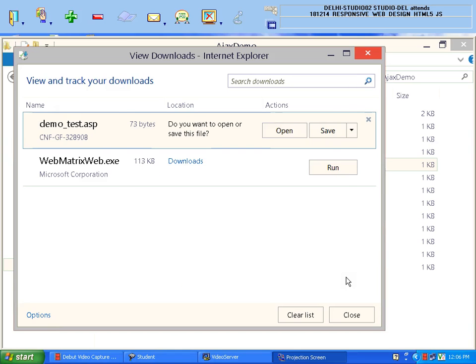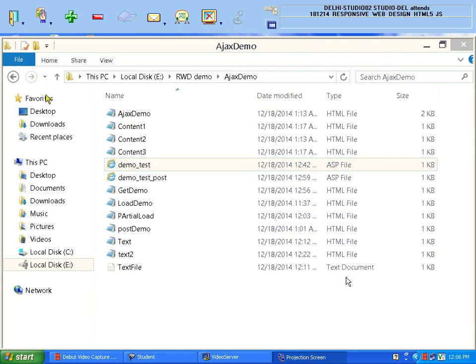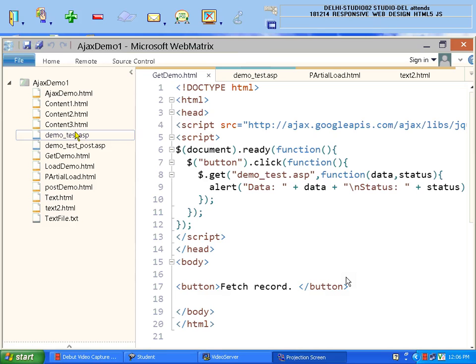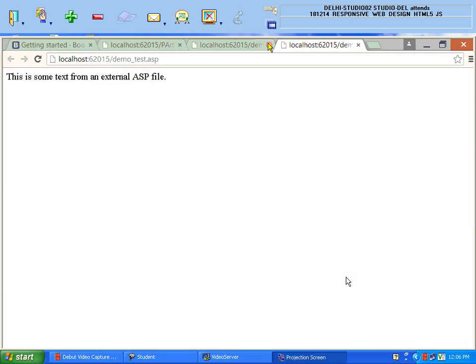So I have a web server here in my WebMatrix, so I run this page in my browser, and it displays me this message.